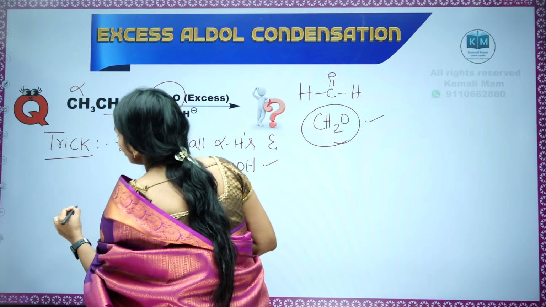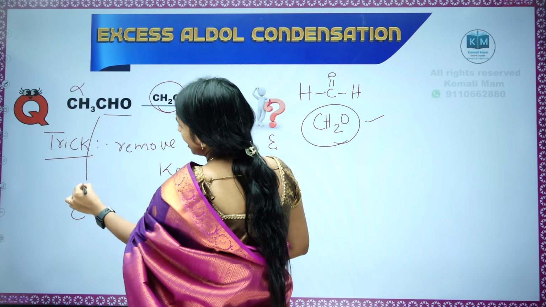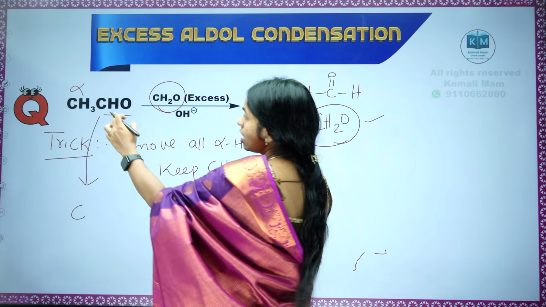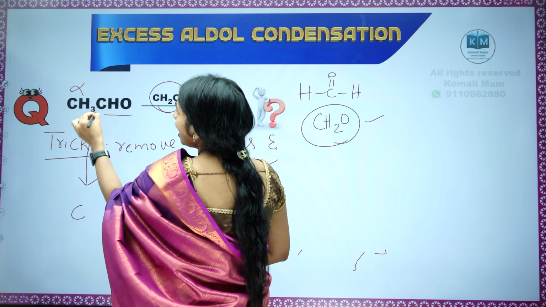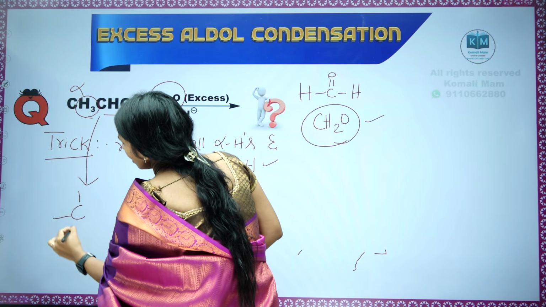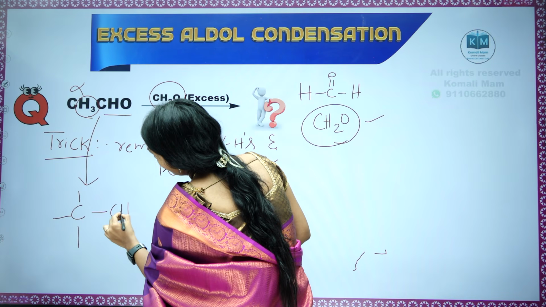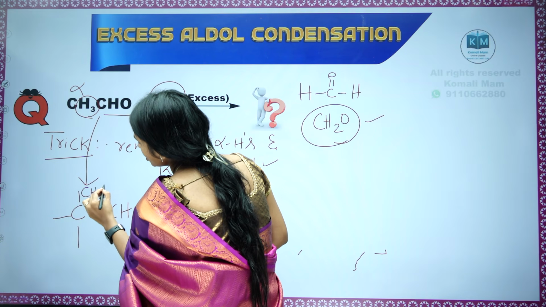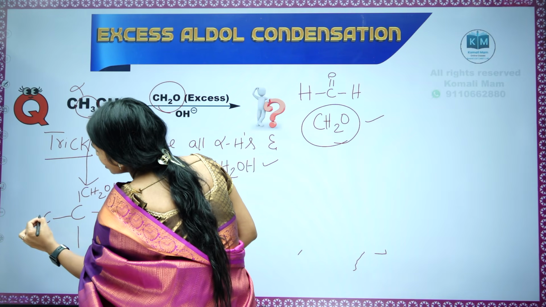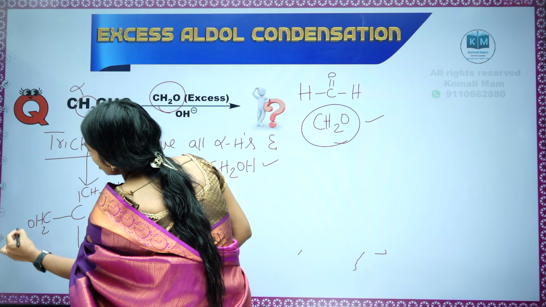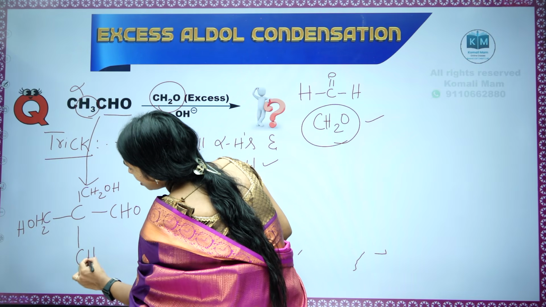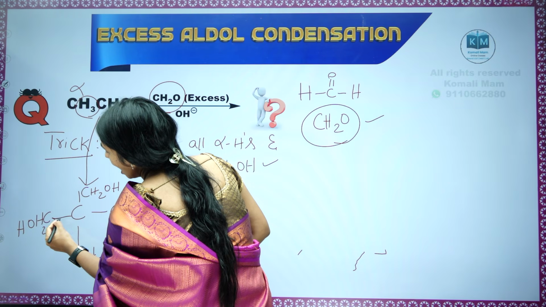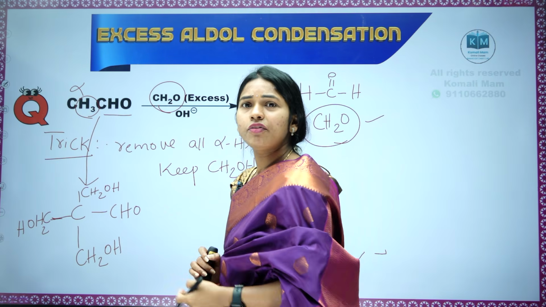So see how I am going to keep the carbon. For this I am directly writing the product. Okay, here I should write. I don't have space here, so I am writing here. So in place of the 3 alpha hydrogens, remaining structure as it is, 3 CH2OHs. That's it. CH2OH, CH2OH, CH2OH. Why, ma'am, are you writing CH2OH here? That's it. Because I want to show carbon connectivity. That is the right way of representation.